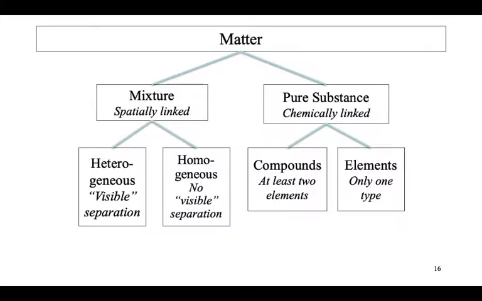So what happens then when we move through these things? Being able to identify them, coming up with analogies is one thing, but being able to see them in an actual molecule is a lot harder. I hate that we talk about this now, but it's one of our origins, so we have to go through some of this. So let's take a look at that mixture of spatially linked. We get two classifications. We could reference it as heterogeneous and homogeneous.